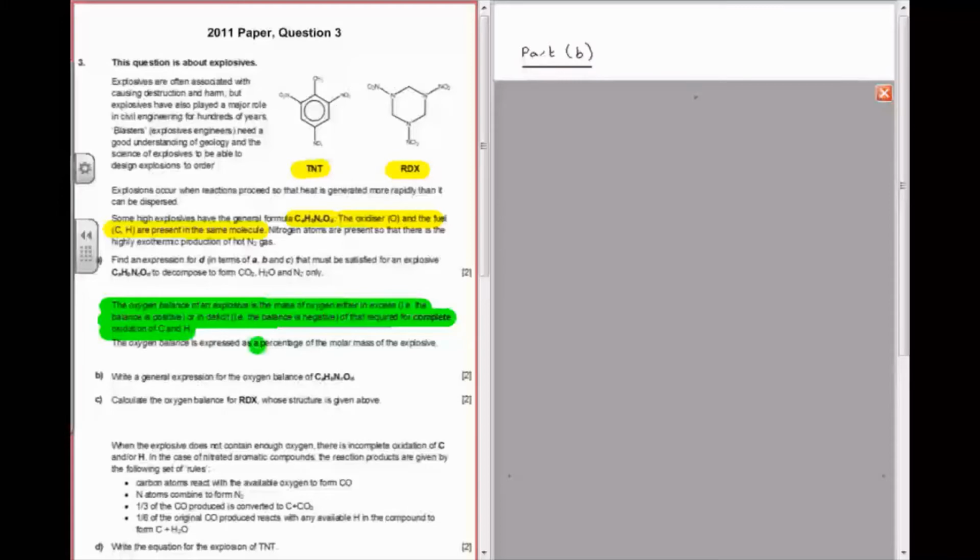It's expressed as a percentage of the molar mass of the explosive. Part B asks you to write a general expression for the oxygen balance of the explosive